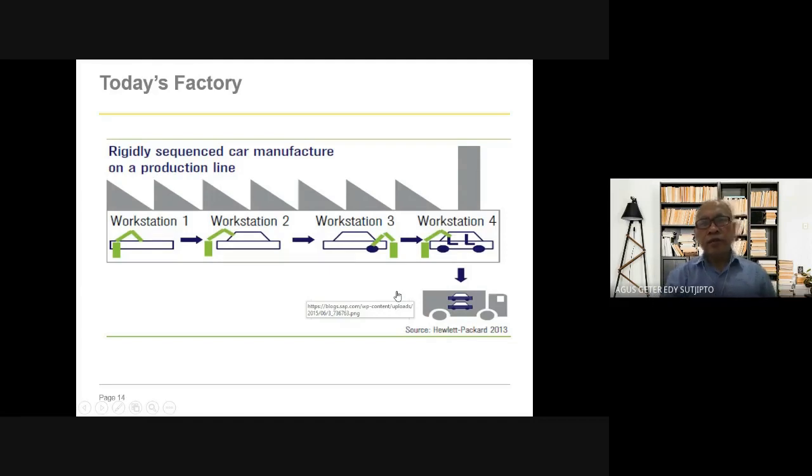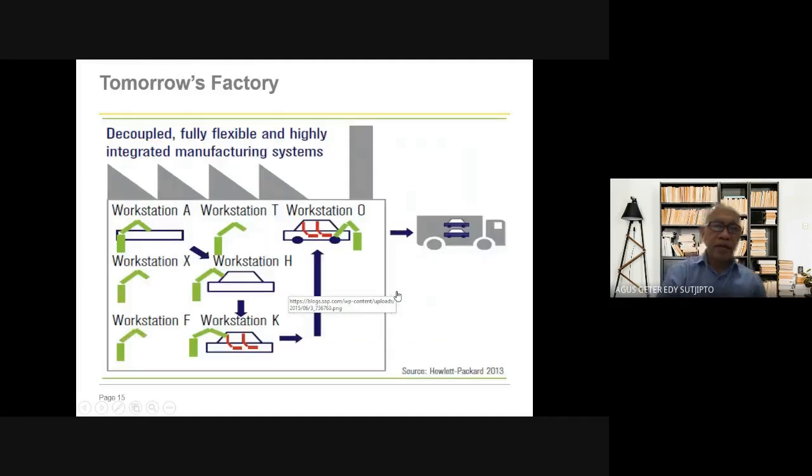This is for the 2D factory, but maybe later it will be like this. All of the workstations can have any function.